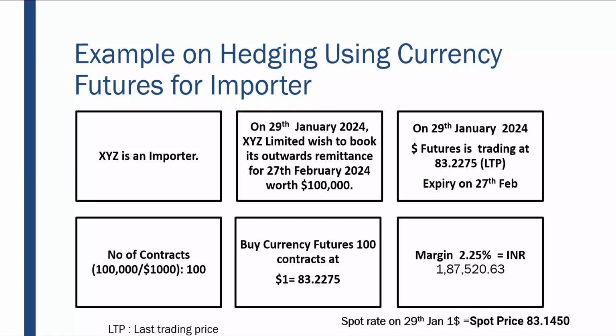So when I enter the trade, I had to pay 1,87,520. This is to cover a maximum loss for a day, which can happen because the dollar and INR can change. If the dollar appreciates too much on a particular day, the empirical evidence suggests that I can lose a maximum of 1,87,000, which is calculated through software. How much can a dollar depreciate on a particular day? I can lose only 1,87,000 as per the calculations of the software, the mechanism which has been built by the